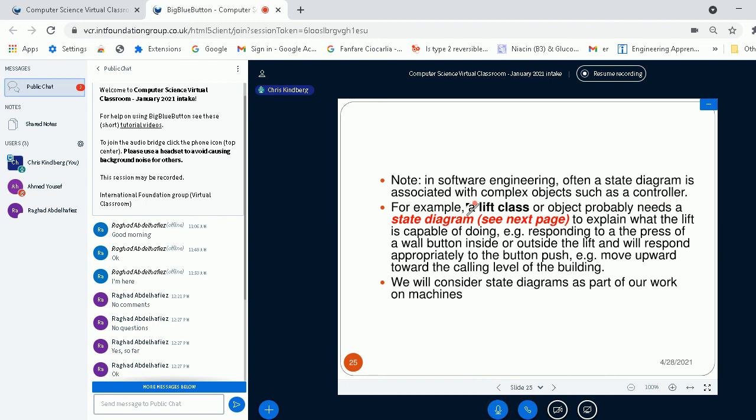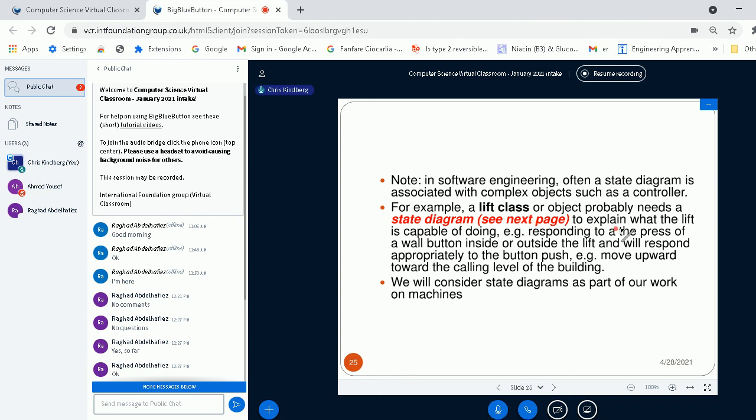probably needs a state diagram to explain what the lift is capable of doing. Because the operation of a lift is actually quite complicated. And it might be very useful to represent its possible actions by means of a state diagram.